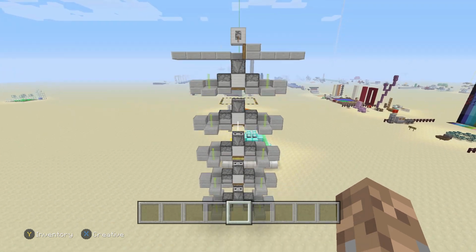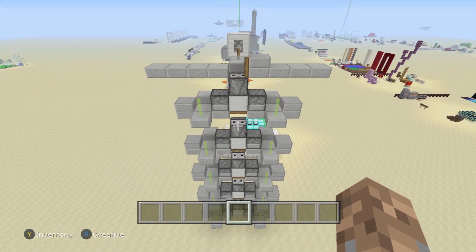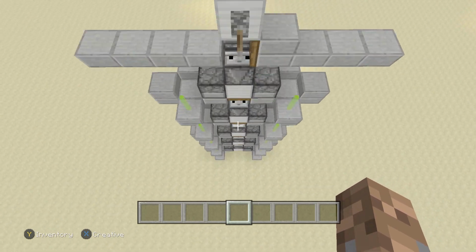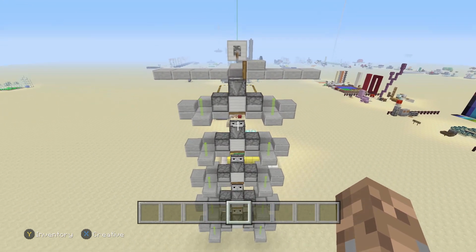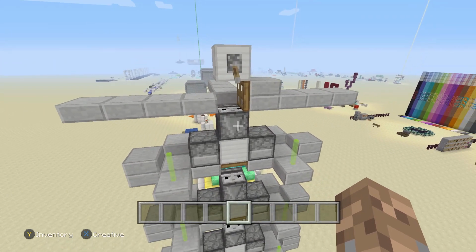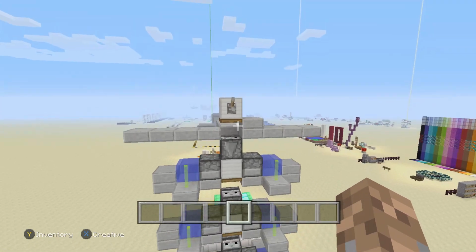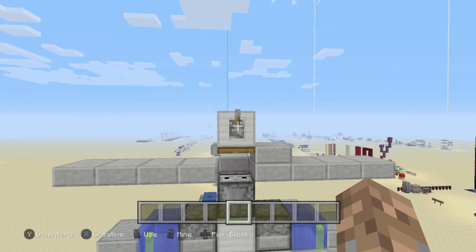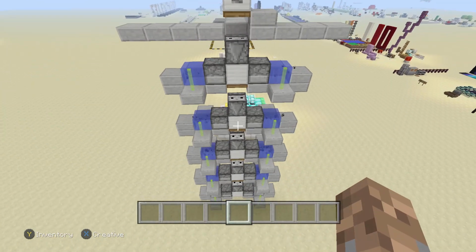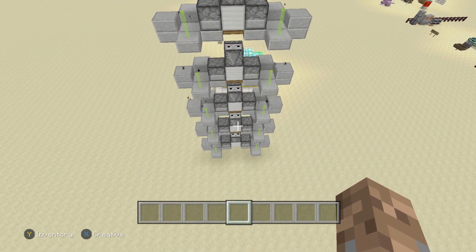So real quick, let's take a look at the activation circuit for this. It's very difficult to design a working activation circuit as you have a 1x1 vertical space to actually power all of these things, and quasi-connectivity sometimes gets in the way. So what we have here is observers detecting trapdoor updates, and as you can see, that's very reliable. I even asked Will Kreplin to test this on PlayStation 4 edition, and he said that it was very reliable unless you spam it, which is true, but that's never going to happen with the clock that we have set